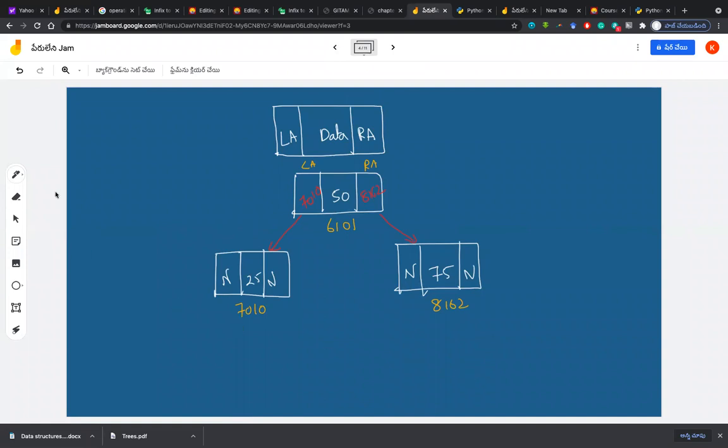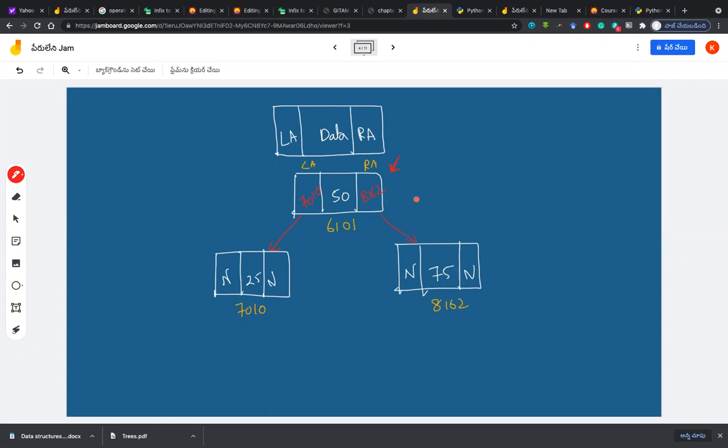So, first of all, I need to think that if I am calling my insert with this as root, if I can place it directly, I can place it. But I cannot place it directly here. 50 is completely filled with LA and RA. But 65 is greater than 50, so I should place it to the right. But I cannot place it because there is already a node with 75 as a value occupying this space.